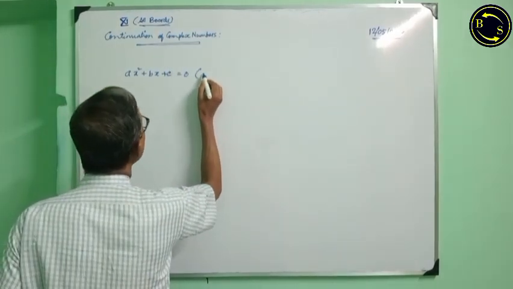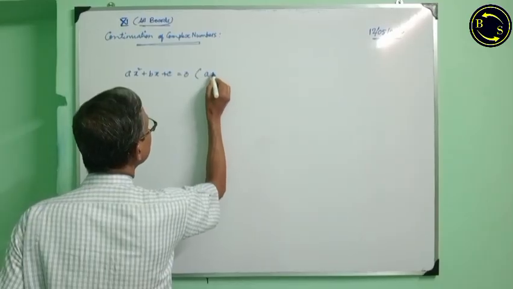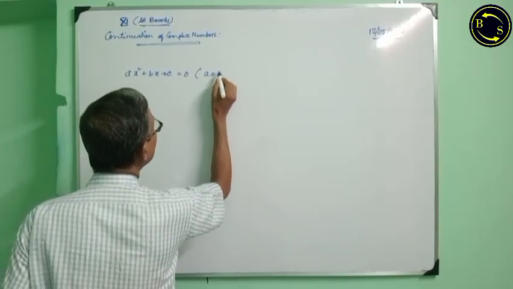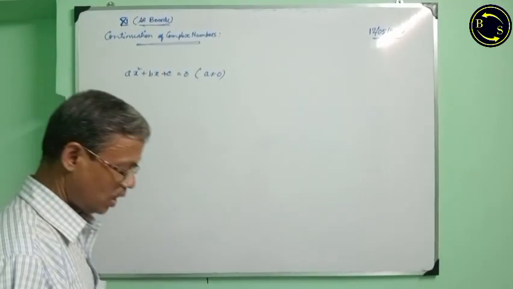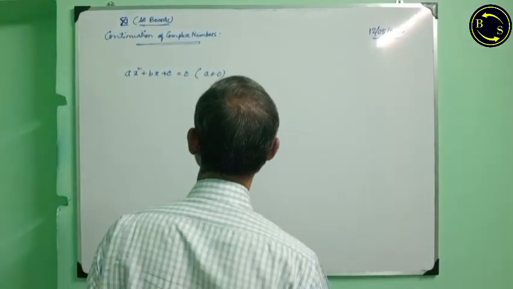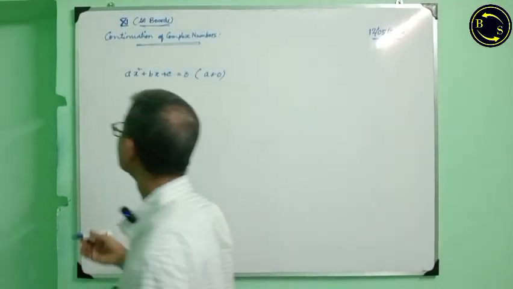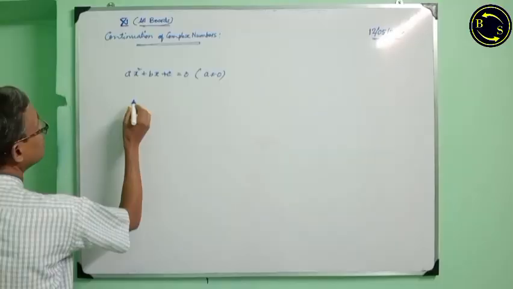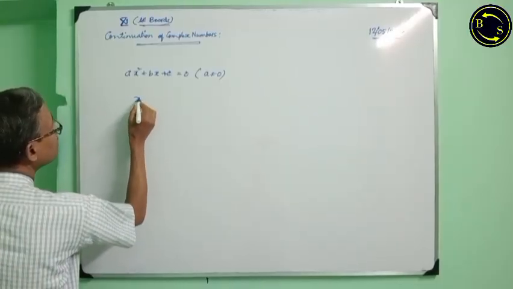Here of course the coefficient of x square, that is a, is non-zero, and as per Sridharacharya formula, the roots will be given by